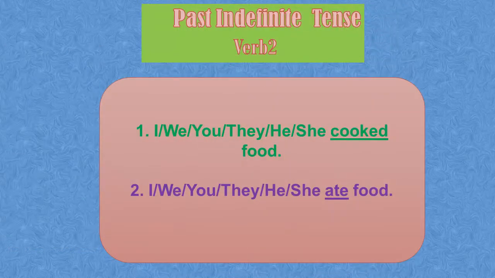Let's start with past indefinite tense or simple past tense. In this we use the second form of the verb. Here are some examples. I cooked food. We cooked food. You cooked food. They cooked food. He cooked food. She